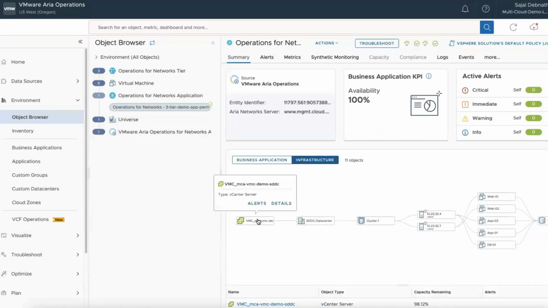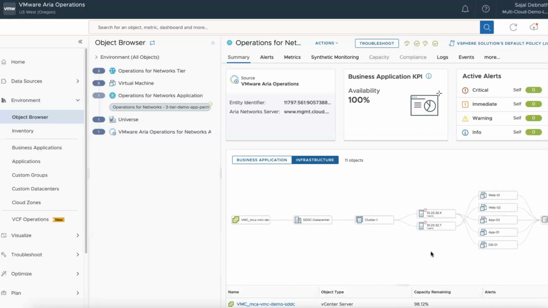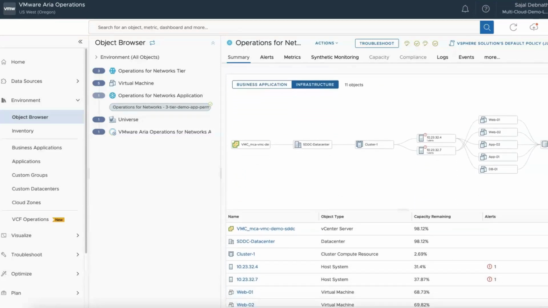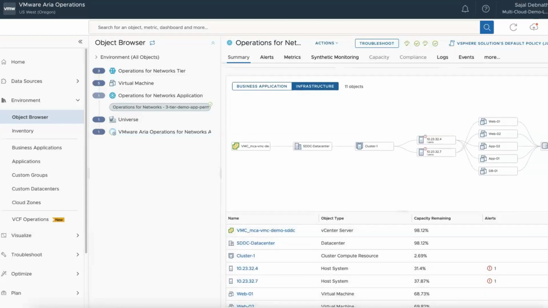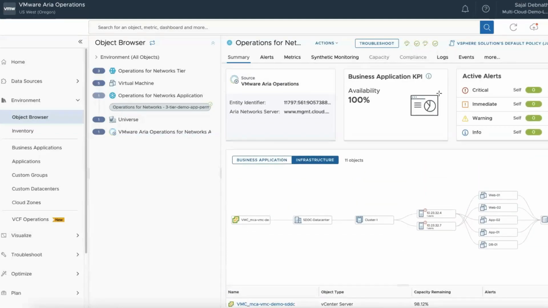Now I get to see the business application, and then I get to see the infrastructure side of it. Which vCenter is running, which cluster, which host, which data store. So I get to see end-to-end of that application where it's running, and any problem at any level, it would let me know. And not only that, I get to see the other information related to that, with the alerts and the capacity remaining. See, this is amazing monitoring from the application perspective. Very, very detailed information. And this is all because we tagged it in the right way. And VMware Aria Operations just picked everything up automatically, right? Yep. So I define the tags in Aria Automation. At the deployment time, the tags are applied. That is picked up by operations for network. That entire application is discovered.